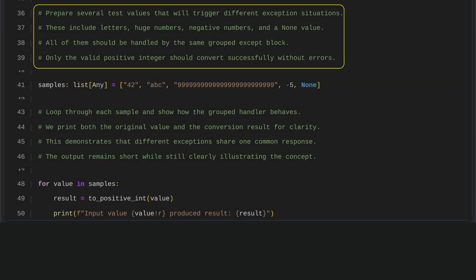We create a list of test values that are likely to cause different exceptions, such as a string of letters, a very large number, a negative number, and a value of none. All of these are meant to be handled by the same grouped exception handler. Only a properly formed positive integer should be converted successfully without raising an error. This setup lets us verify that the exception handling works correctly for invalid inputs, while allowing valid input to pass